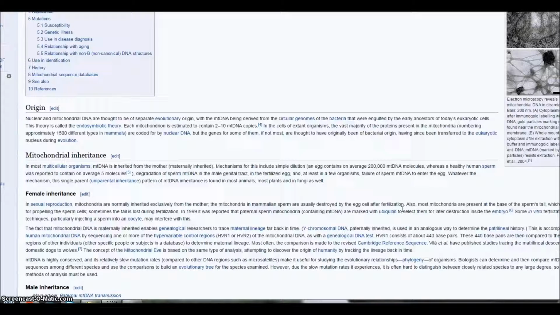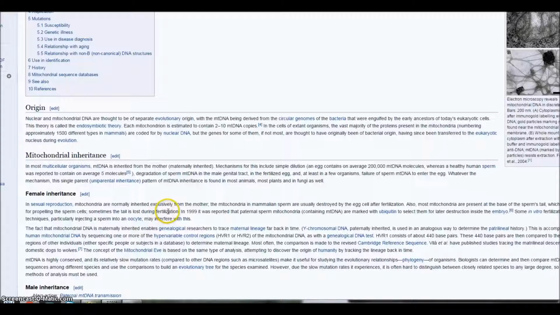In 1999, it was reported that paternal sperm mitochondria containing mtDNA are marked with ubiquitin to select them for later destruction inside the embryo. Some in vitro fertilization techniques, particularly injecting a sperm into an oocyte, might interfere with this. So there may be some exceptions. Okay, so